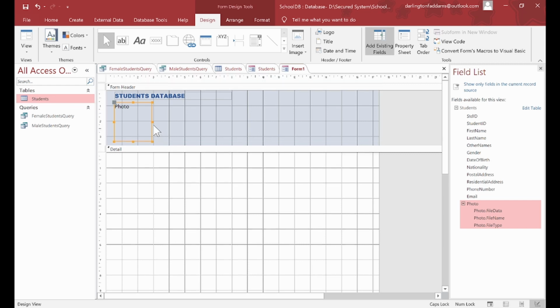I want to design a simple form that when we are browsing through, at least the faces of the students will be showing. Are you with me? Yes, this is not Microsoft Word. This is not CorelDRAW. This is database, Access database. Just that right now we are in a design view. Okay, let me go ahead and